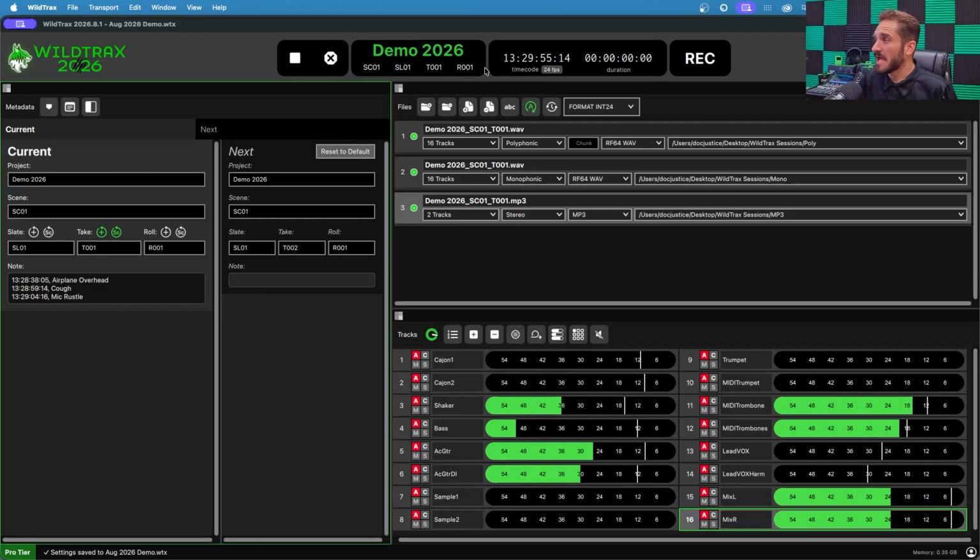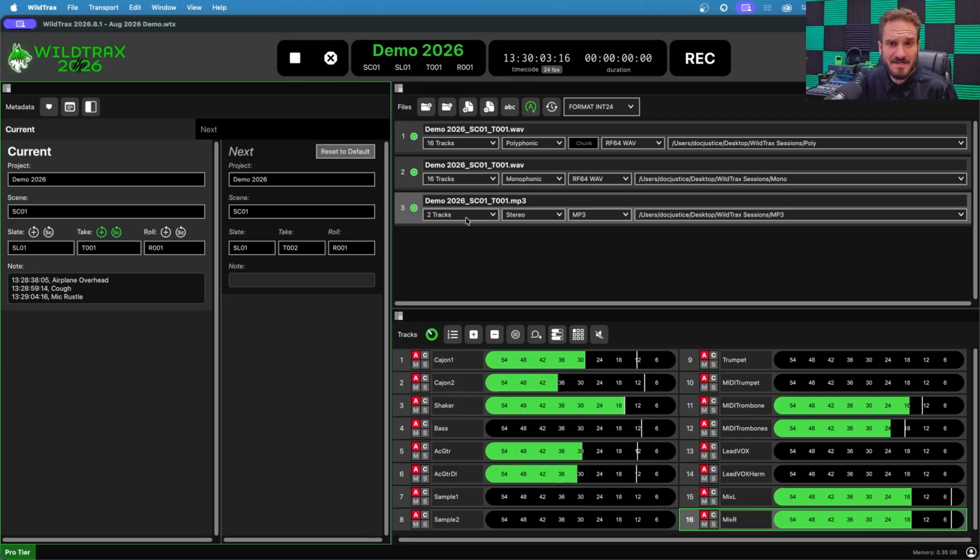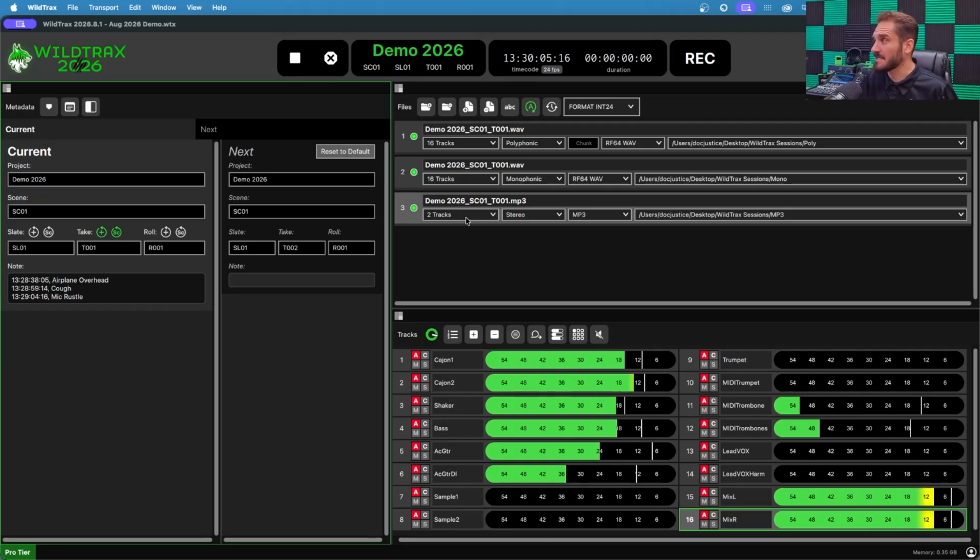So we have our metadata set. We have our timecode set. We have our audio set, our files exported. We have our tracks named. We are ready to record. When I press the record button,